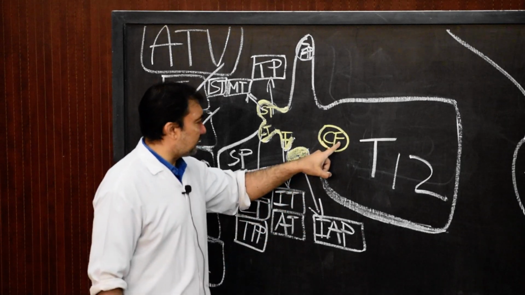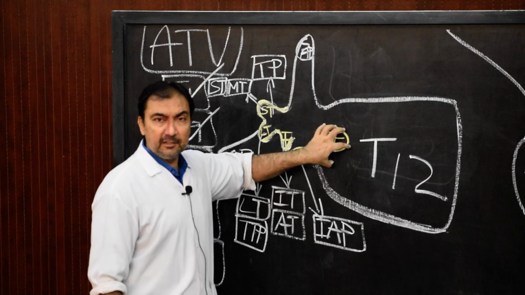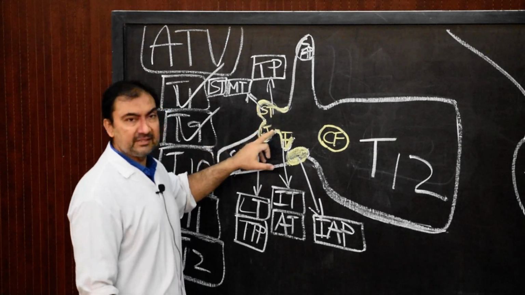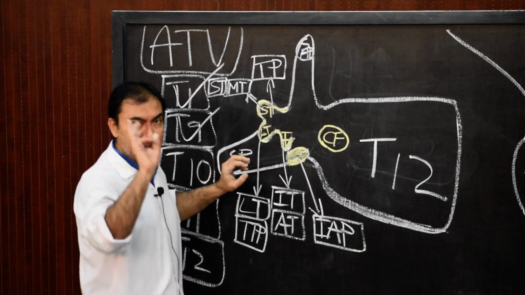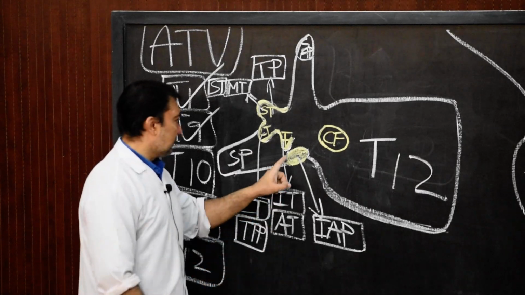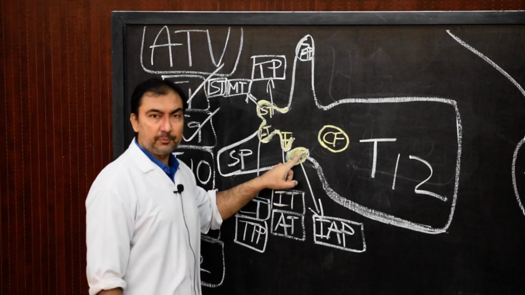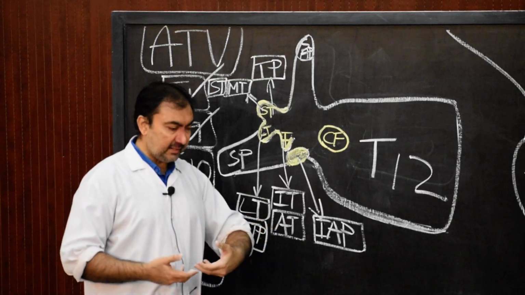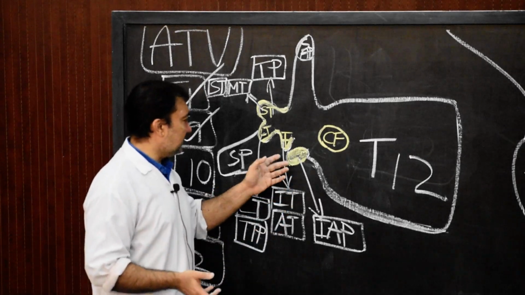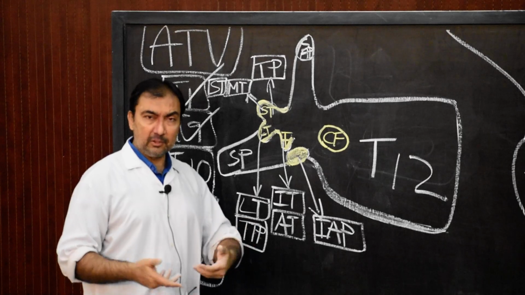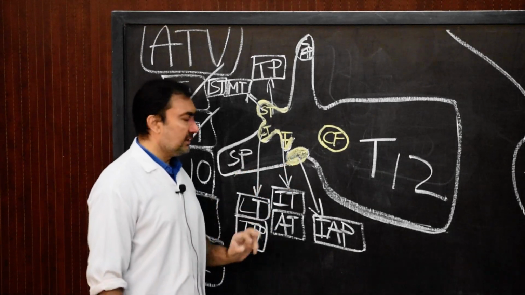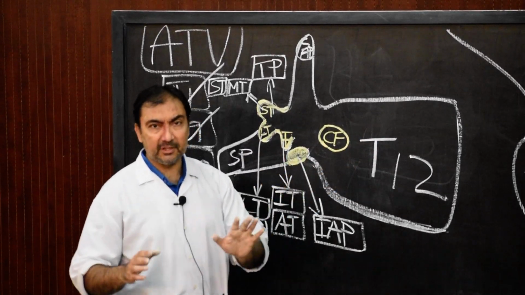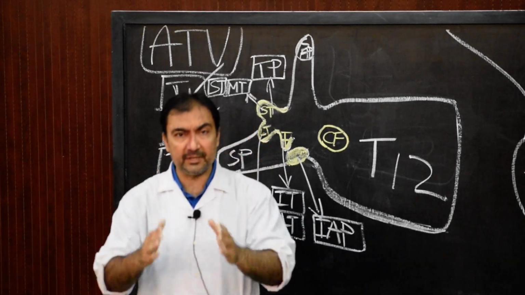So feature number 1 of T12 was with respect to costal facet, encroaching on the pedicle, midway between superior and inferior. Feature number 2, we have discussed extensively, the transverse process, presence of 3 tubercles. And feature number 3 is the presence of inferior articular process, which is directed forwards and laterally, just like lumbar vertebrae. These are the 3 important features of T12. So here we finished the gross anatomical features of all the atypical thoracic vertebrae. Thank you very much.